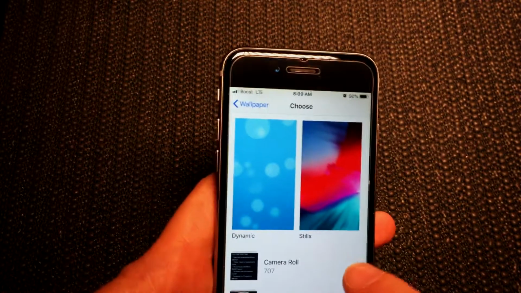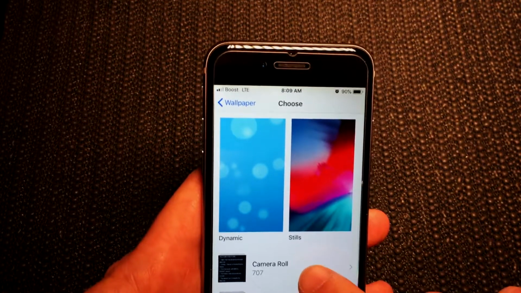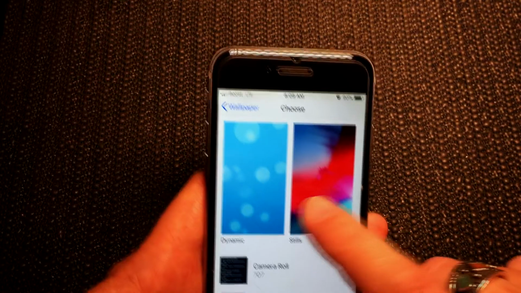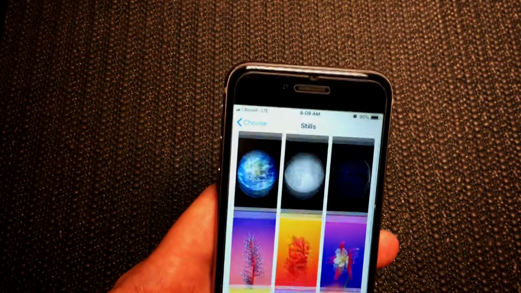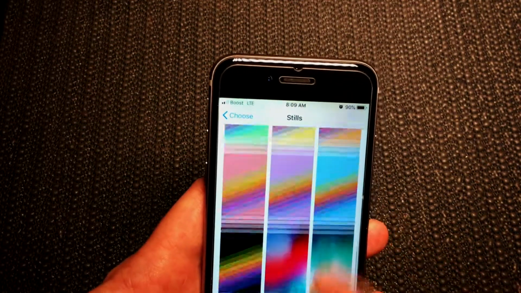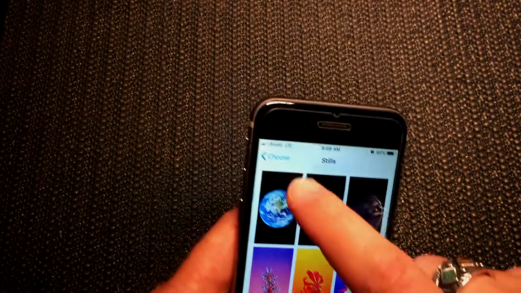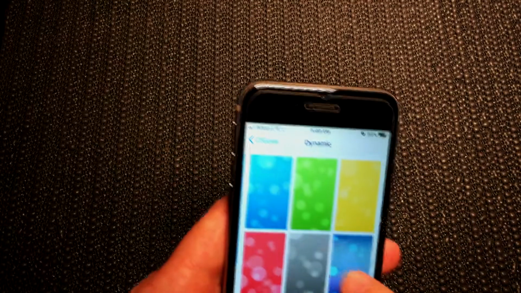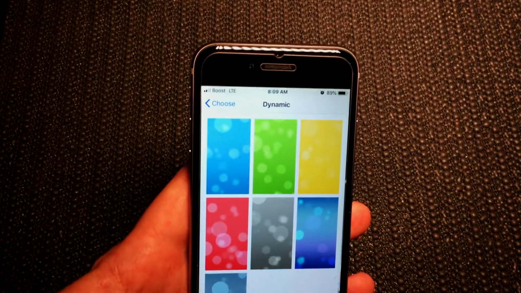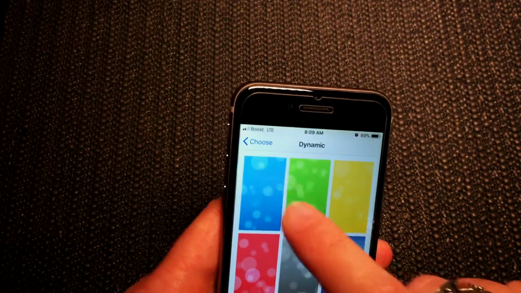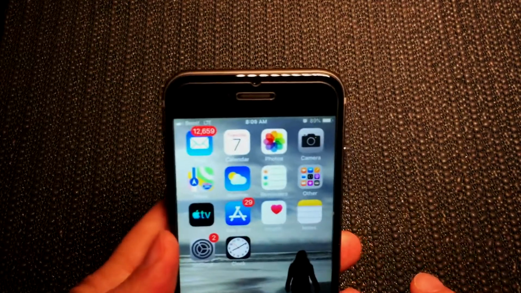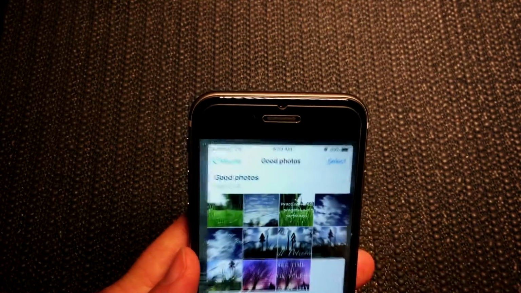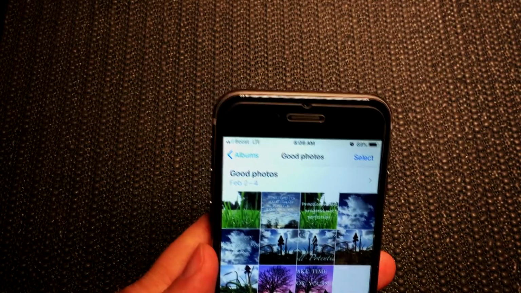and you can choose from the options in your camera roll, or you can choose these different options here. Still, there's some stock images on the phone already, very nice. And then dynamic, these are kind of motion moving images here. The other way is to actually go to your gallery photos folder, and any of the photos you've